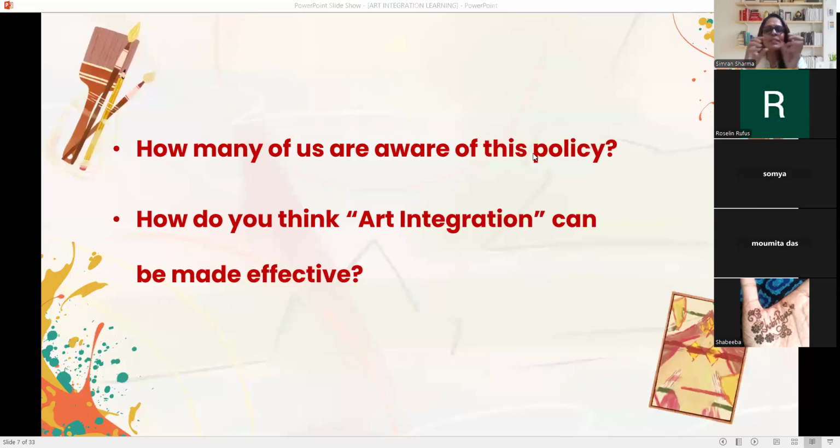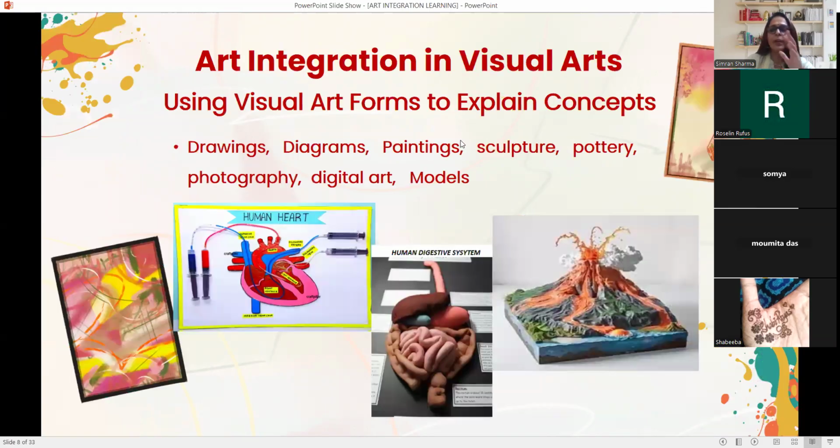So, if you have to sum it up, what you have to do when you are planning your subject with art integration, you have to look beyond the decorative part of the activity and focus on the educational tool, activity or integration as a tool for deeper understanding of your topic or of your subject. Okay, so moving on. Now we'll just take a quick look at different types of art.